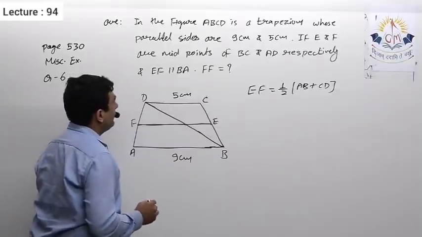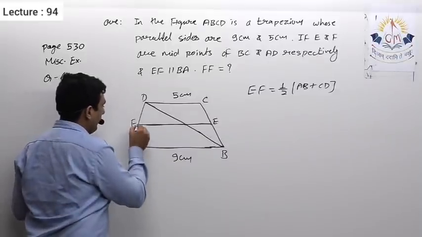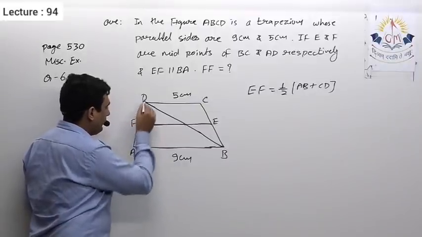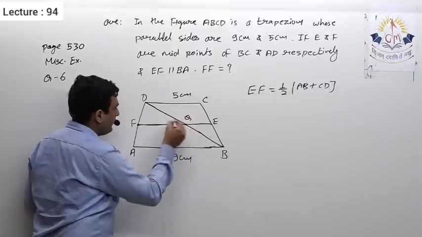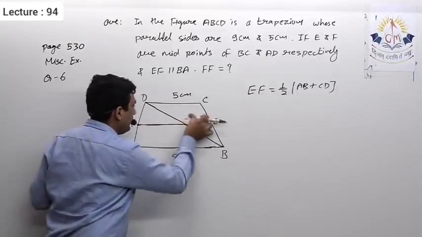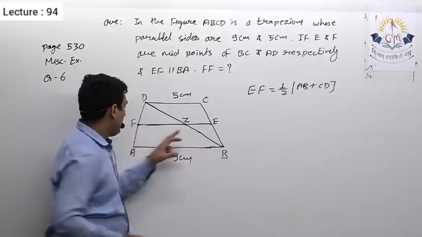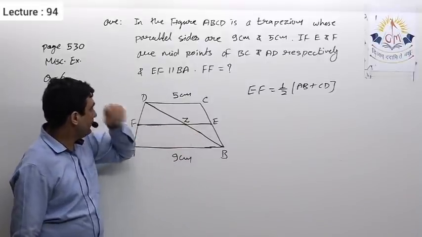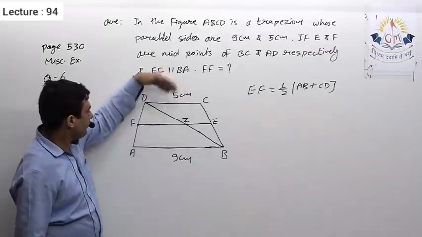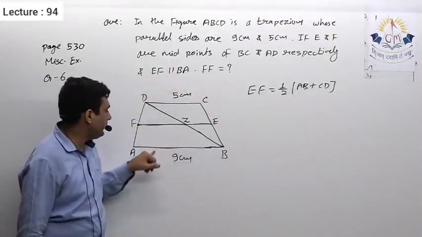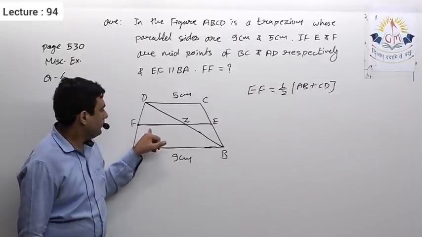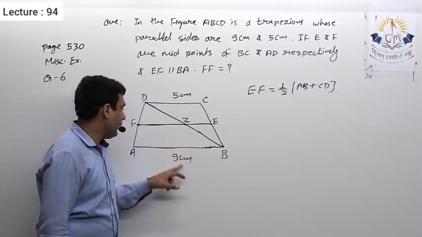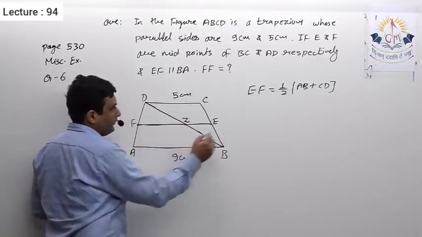So here it is given, this is the midpoint. In short, if I explain to you, this is the midpoint in triangle ADB, F is the midpoint of this. So here I can say FZ is parallel to AB, because EF is parallel to AB, it is given, and we also know that AB is parallel to CD. So here FZ is parallel to AB, so Z will be the midpoint of AB, then FZ is equal to